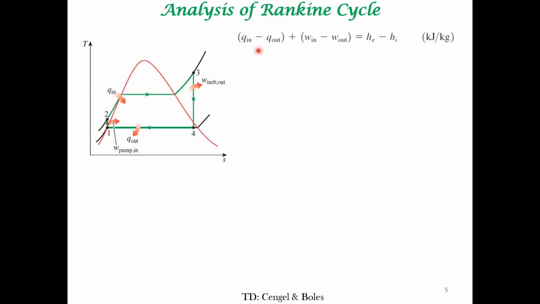And what you need to notice is in the Rankine cycle, there are two segments where there's heat input but no work input, and there are two segments where there is work interaction. Sorry, just to clarify, there are two segments here which have heat interactions. There are two segments which have work interactions, right? So this general expression can be simplified